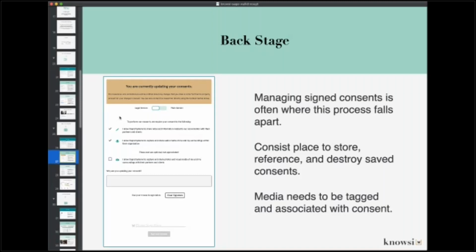And just the process of managing all of these signed consents is incredibly fraught, depending on where you are. Sometimes you'll have a team that's incredibly rigorous about it. I saw some incredible practices at IDEO, for example, where there were specific places to store it. We had a really good process in place.